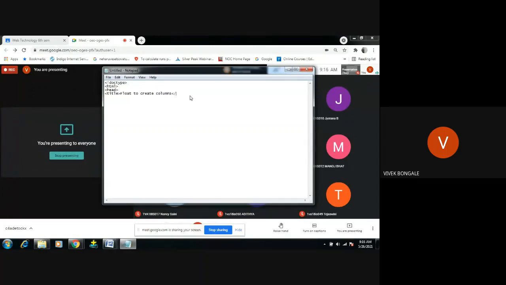How to create the columns. Okay, I'll close this title and I will close the head part. Then I'm going to open the body and close this body. Then I'm going to close this HTML. Right, this is the skeleton. You can say this is the structure of the HTML.